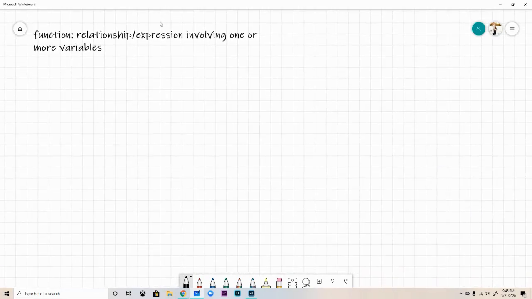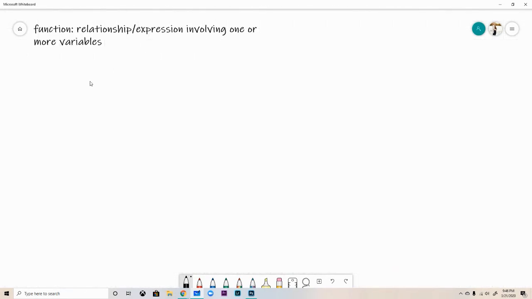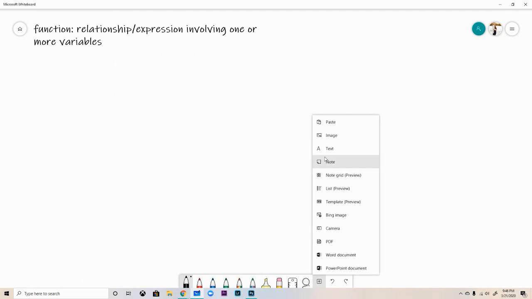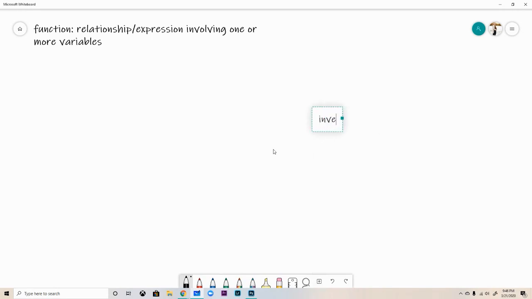Let's insert another one. So that's just what a function is. A lot of times we use them to graph linear equations or quadratic equations, whatever. A function just involves one or more variables. It's a relationship. An inverse function,